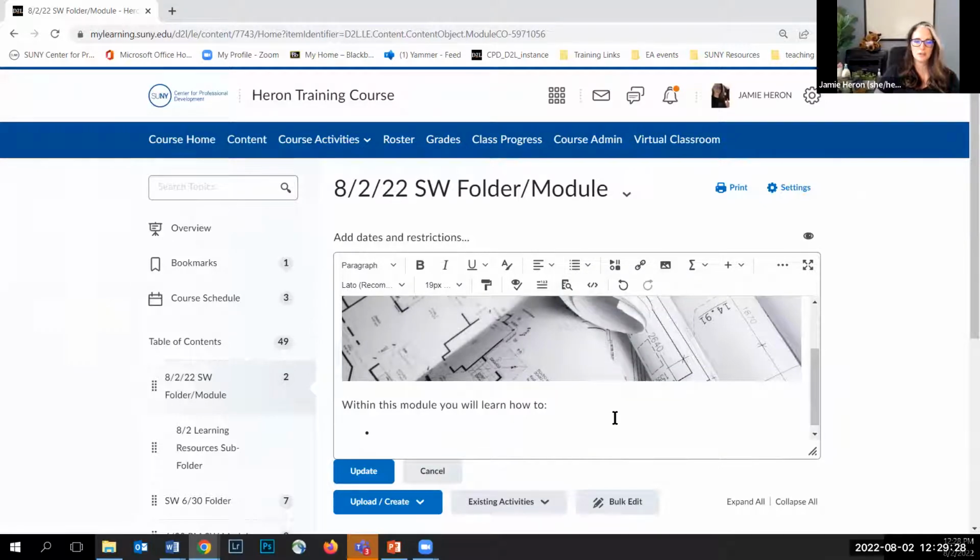And the reason I create a list is essentially if I'm going to provide any information to my students who are reading this in digital format, I tend to use bulleted lists as much as possible because all humans scan digital screens. They don't do in-depth reading. And so using bulleted lists will help call attention to these things, and it will increase the likelihood that they're going to pay attention. So we're going to learn how to create a folder,